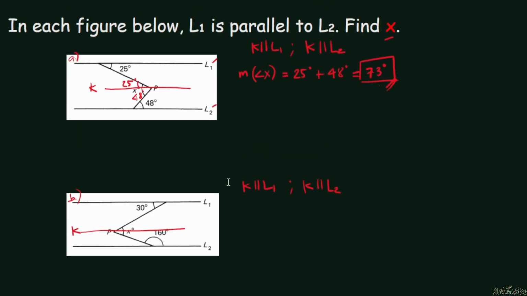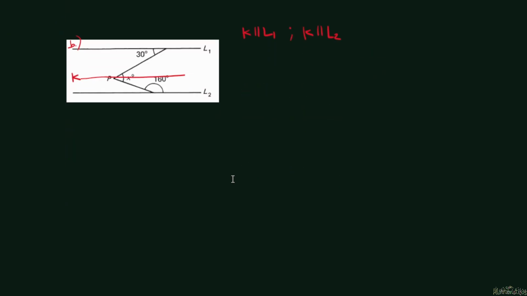Say this line K here is parallel to line 1 and also parallel to line 2. So we can say that this angle here is 30 degrees and this angle here should be the same as the angle in here. So say this angle A. So this should be angle A. So the measure of angle A is equal to